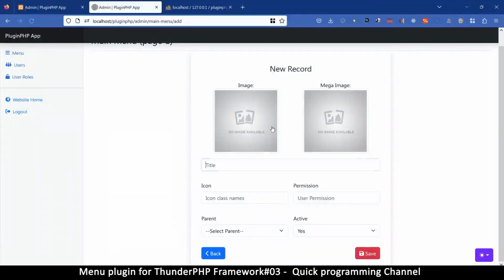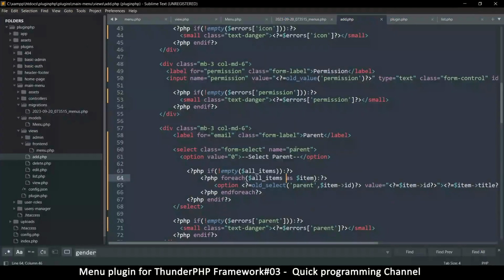Now, since we don't have any menu items so far, this will be empty, of course. But this is cool. Now, before we even submit any of these images and stuff, let's just make sure that this is working as it is, just to add one item there. So what I'll do is go